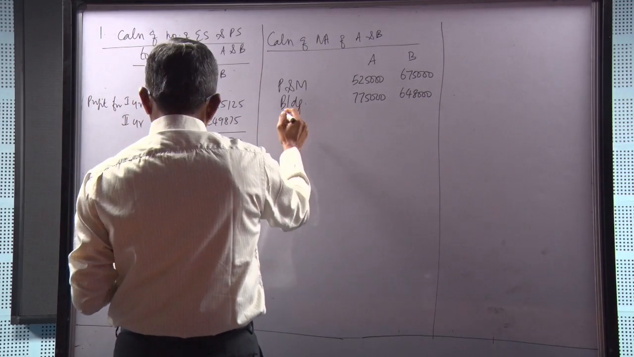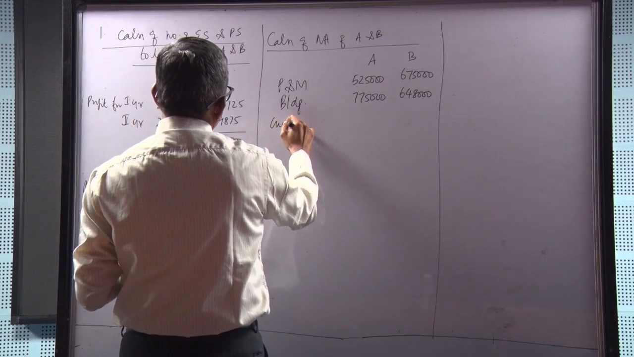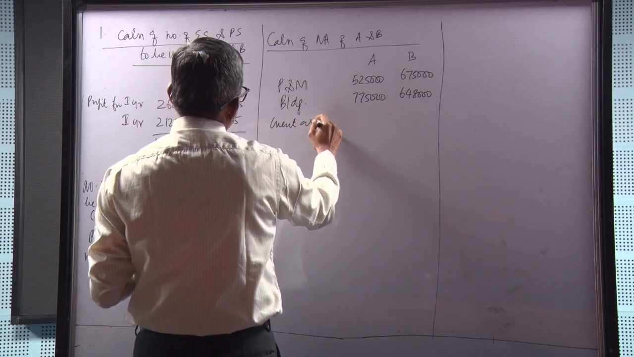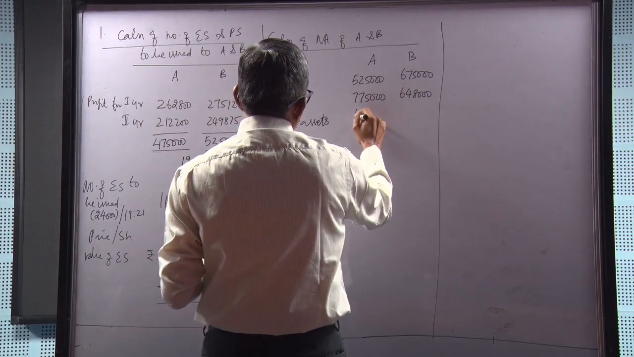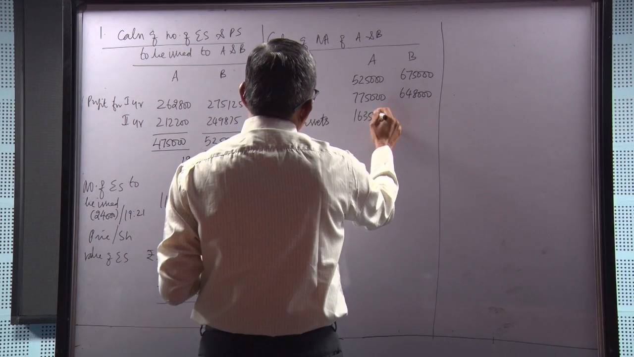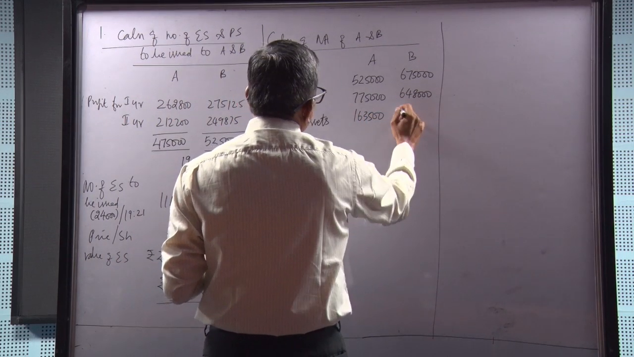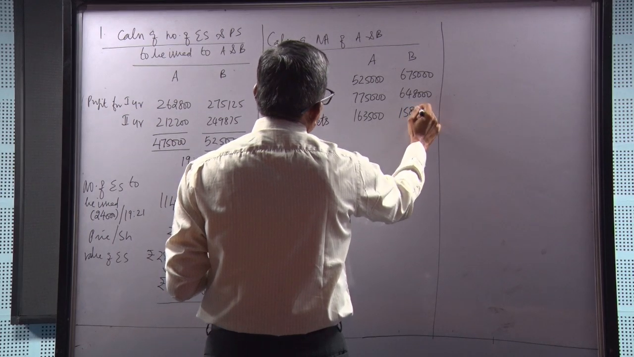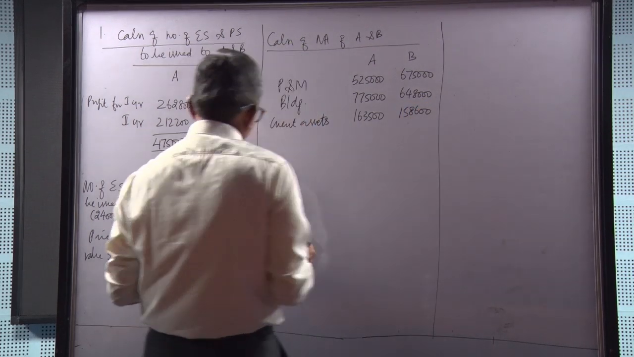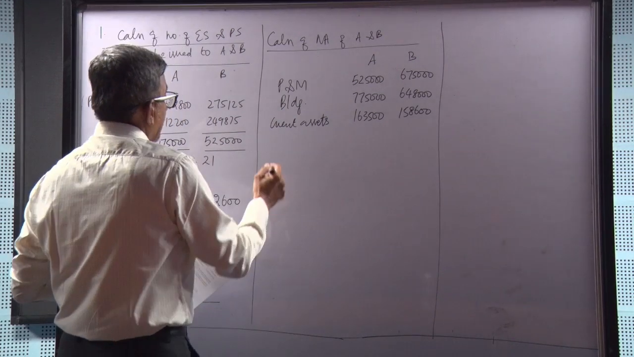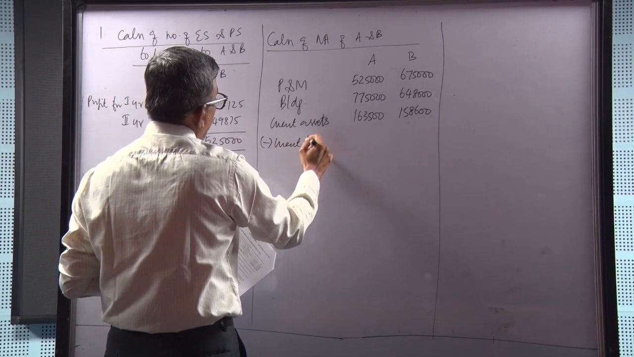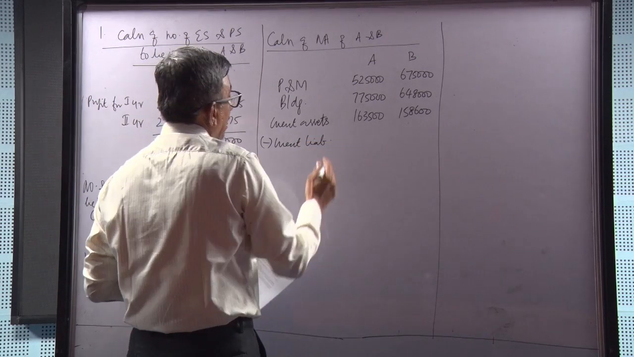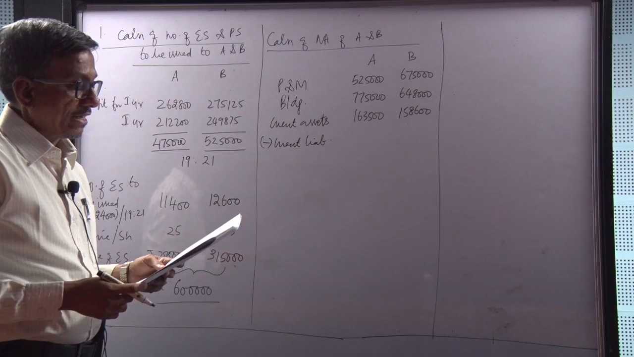Current assets also taken over, but revaluation not given. That means taken over at book value, which is 163,500 for A, 158,600 for B. Minus current liability will give you the net asset. Even in case of current liability, no revaluation. So take it at book value